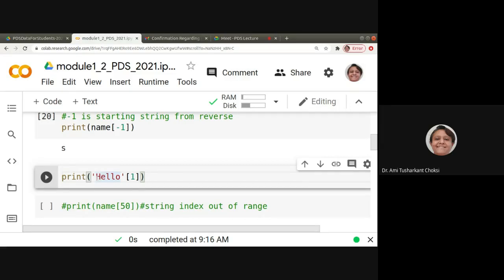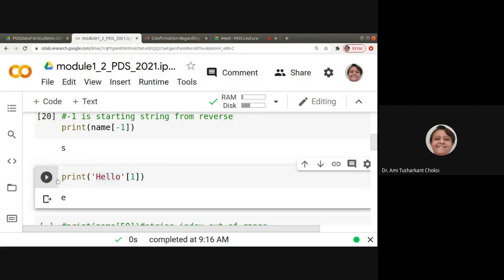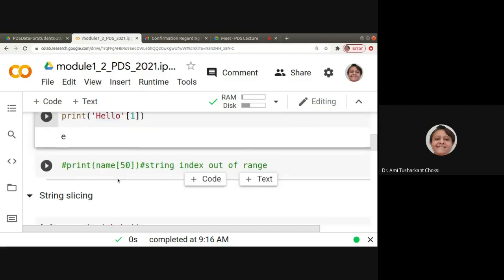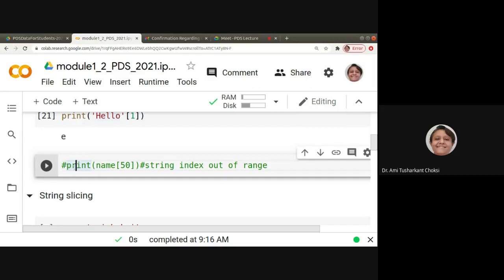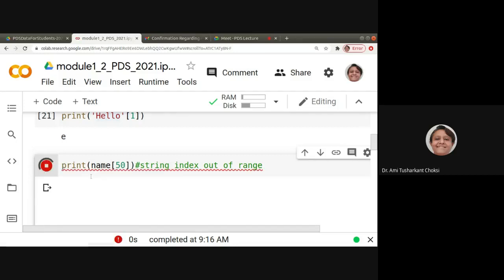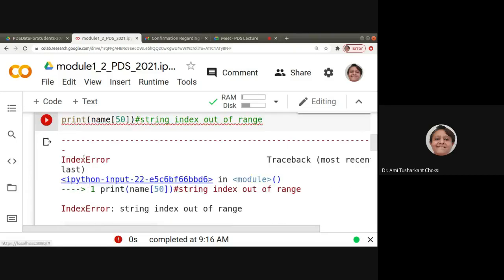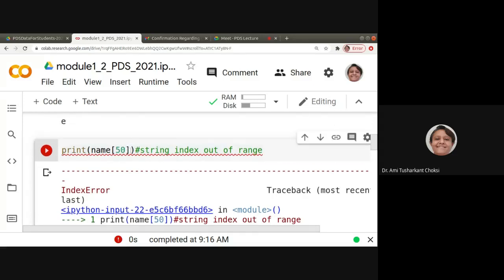So H is 0 and E is 1. When we run it, we are getting E. Let us uncomment this and check it out. Name of 50, we do not have that many characters, so it is giving us an index error, string index out of range, right? So we should not give something like this.